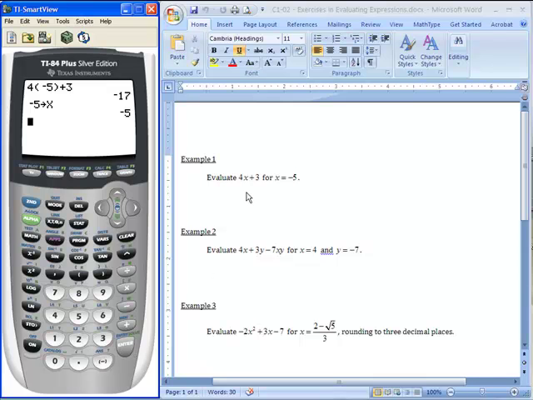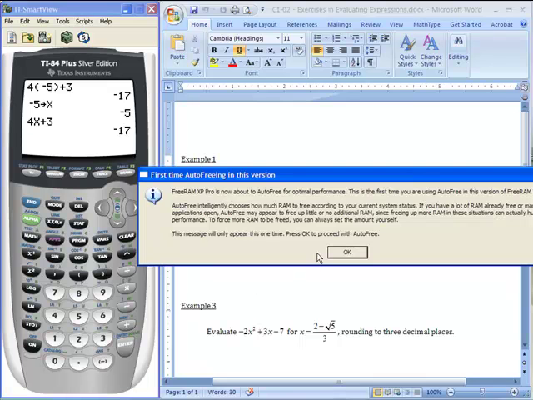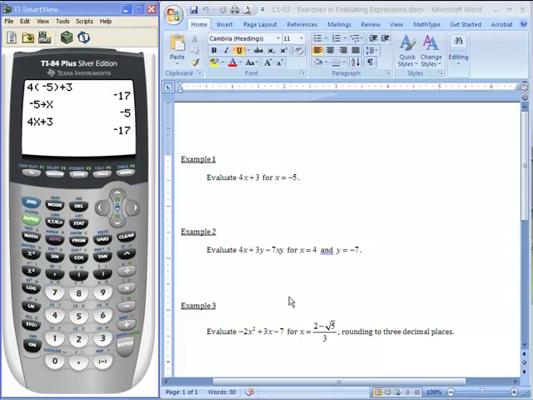What we can do now is type in the expression exactly as we see it here in the example. So I can type in 4, and then I'll use that x, t, theta, n key again to get the x, and then plus 3, and then we press enter. The calculator now sees x as the value negative 5, and it tells us that 4x plus 3 is negative 17. We just did that in 2 lines. We could actually make that even a little bit quicker and do it in a single line by taking and typing in negative 5